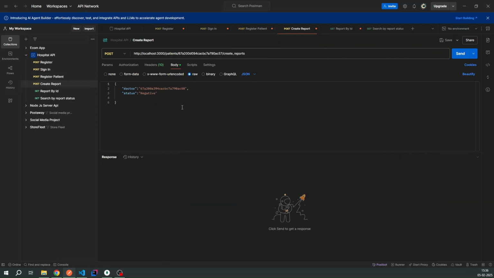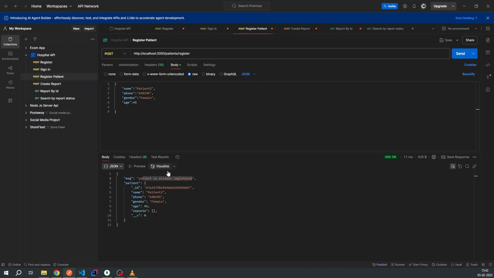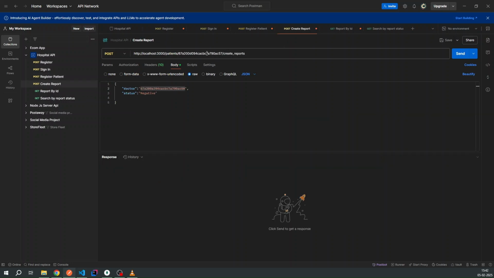Now I have the option to create a report for a particular patient. So this create report API allows a doctor to create the checkup report for a particular patient. Since it needs to have the data of which doctor is creating the report, it requires the doctor's ID and takes the patient ID in param. So let me first get the patient's ID. We'll take the patient ID for the patient we just registered. So I'm taking this ID in param,